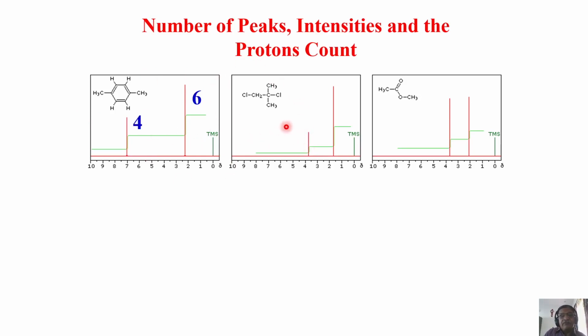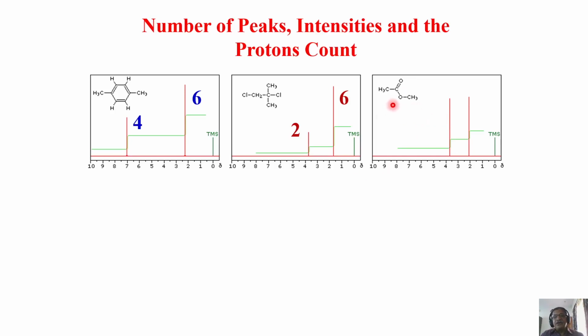Look at this molecule. There are 3 different types of protons, 3 groups, CH3, CH3 and CH2. Because of the symmetry here, along this axis, this CH3 and this CH3 are identical, chemically equivalent, and this is different. So when these two overlap, what is the intensity? 3 protons plus 3 protons. This CH3 peak must be 6 intensity. This CH2 must be 2 intensity. See, look at it. CH2 and CH3 intensity ratio is 1:3. You can easily identify.